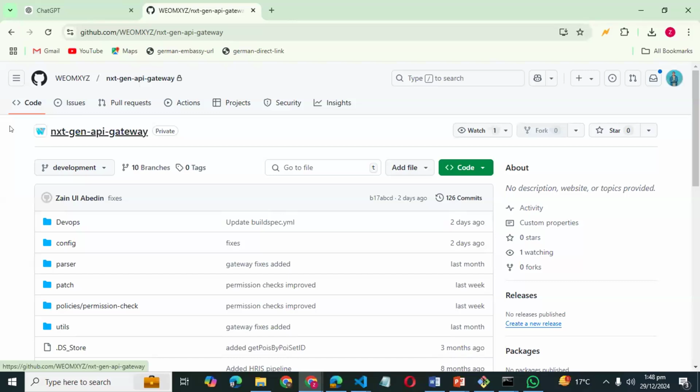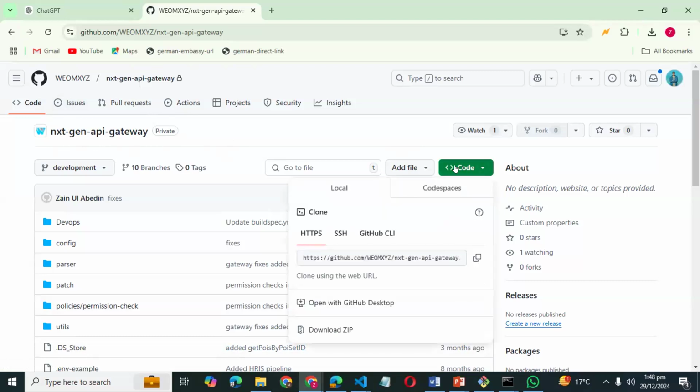Let's suppose this is my repository, and I want to copy it into my local machine. Then I have to fetch its URL. If you go to the green Code button, you just see the URL starting with https://github.com. You just need to copy this URL, right?